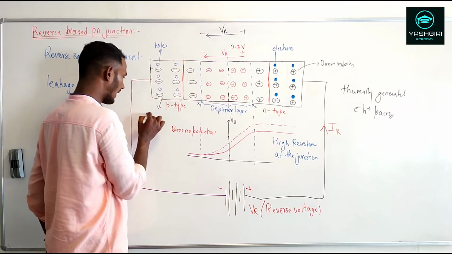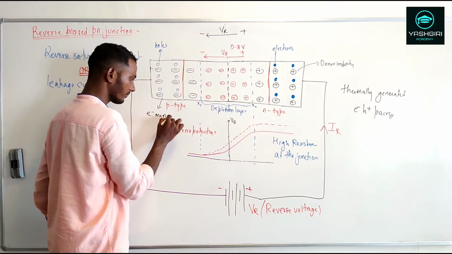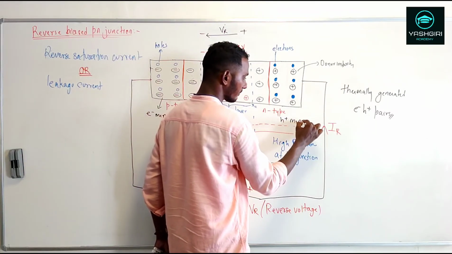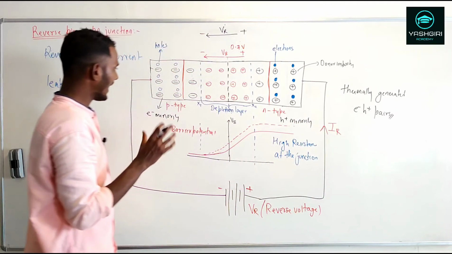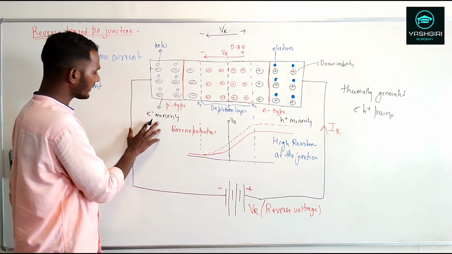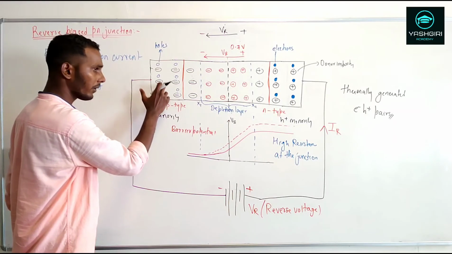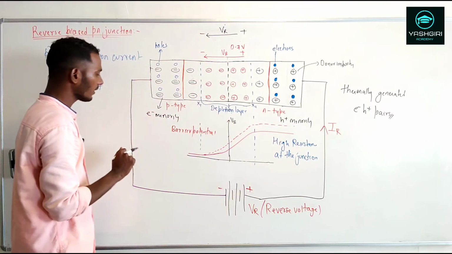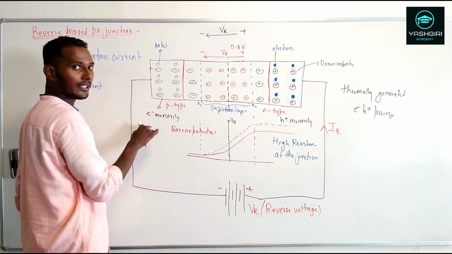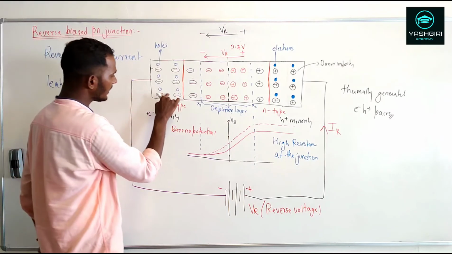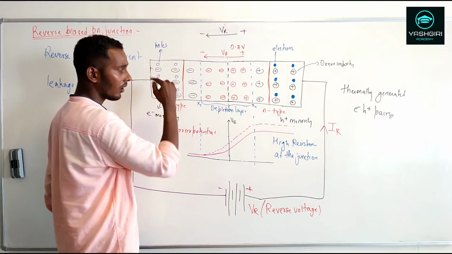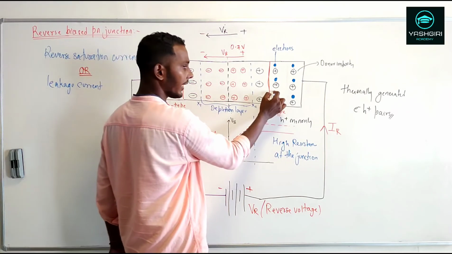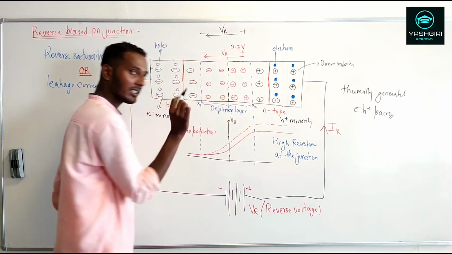in the p type we have electrons in minority, whereas in the n type we have holes in the minority, right? Now as a result of the heat energy, what you will find is that there will be a breaking of the covalent bond on both the sides, n type as well as the p type. So here there will be a release of the electrons, and these electrons, if they are in the uppermost energy level, they will be having enough energy to cross this barrier height, okay, but in a very small number.